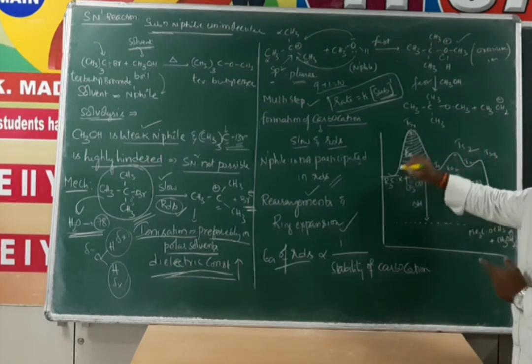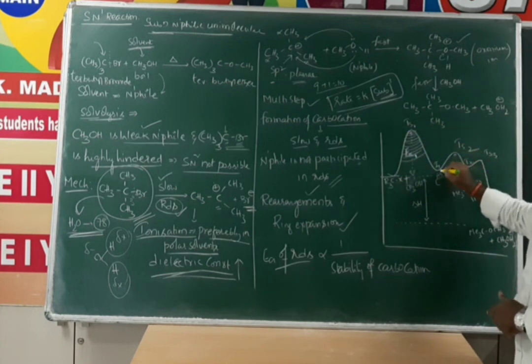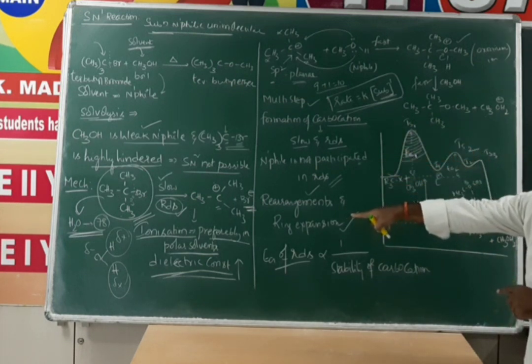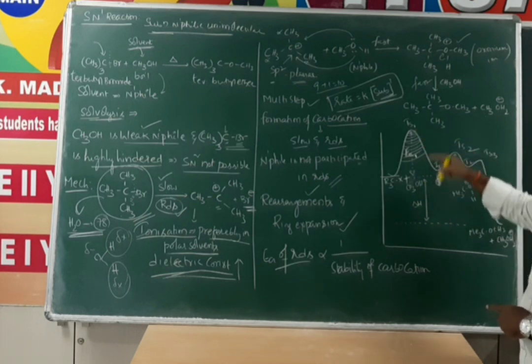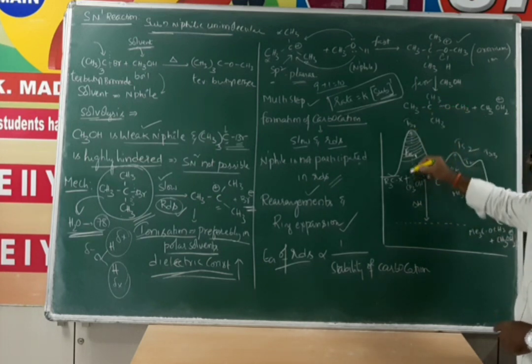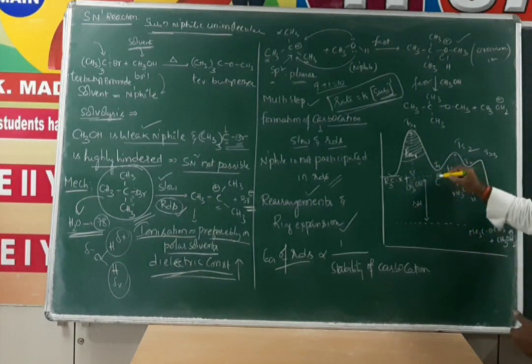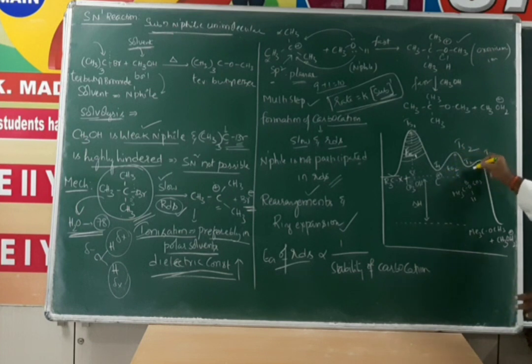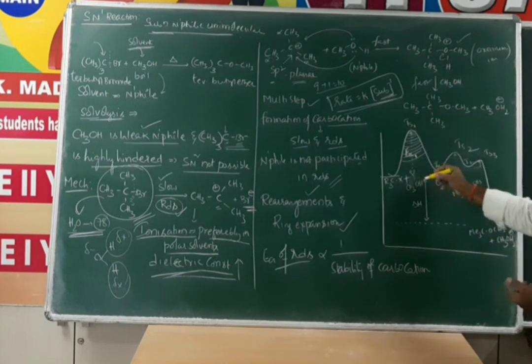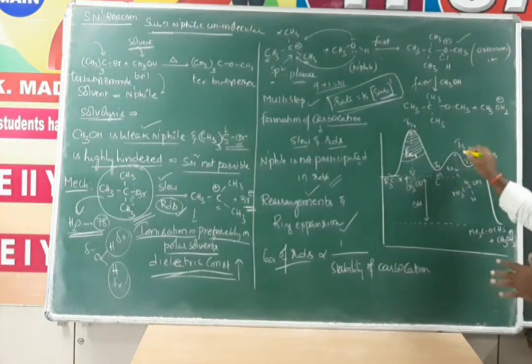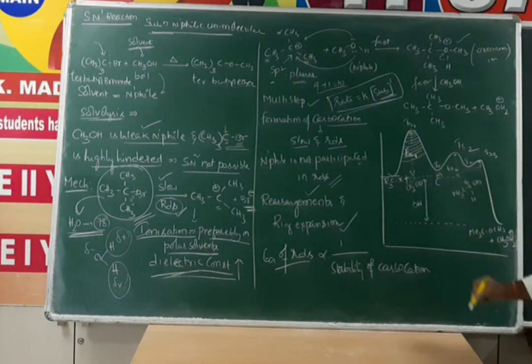So in the first step, the substrate converts into intermediate one. That intermediate one is nothing but the carbocation. And for that you get one peak. That peak is what we call the transition state. Here the difference in energy between the transition state and the reactants is called the activation energy. Later, this carbocation goes to the next step, here the second activation energy, and this one is the third activation energy. The first has high activation energy, EA2 is less, EA3 is much less. That means the first step is much slower, the second step is somewhat faster compared to the first step, and the third step is much faster. Like that we have to analyze.